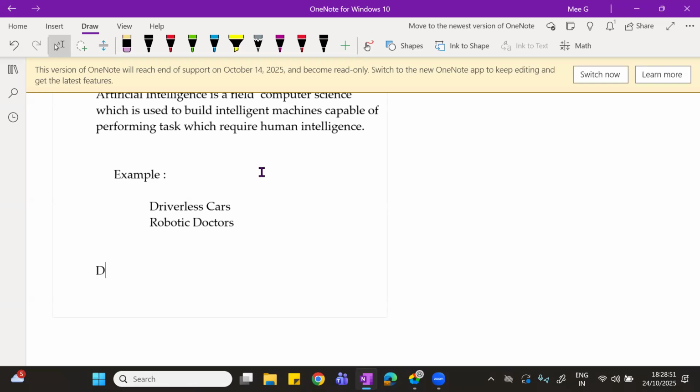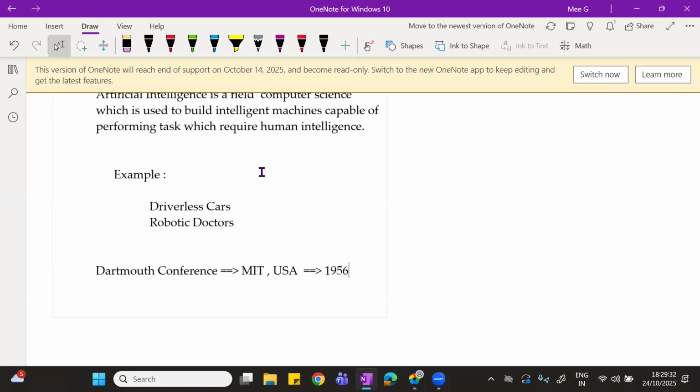See, there was a conference called Dartmouth. Dartmouth is nothing but a college name. It's a college. Still, it exists. This college was under MIT, Massachusetts Institute of Technology. This is in the USA. And this Dartmouth, what they did is they conducted some conference, and this conference was held in the year